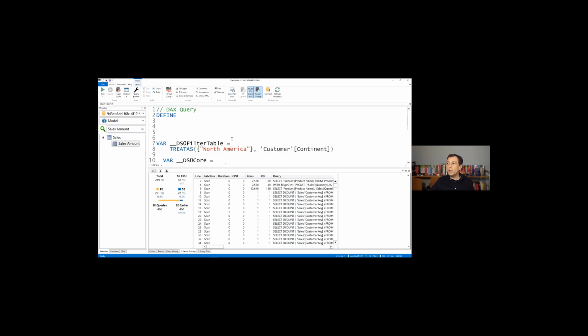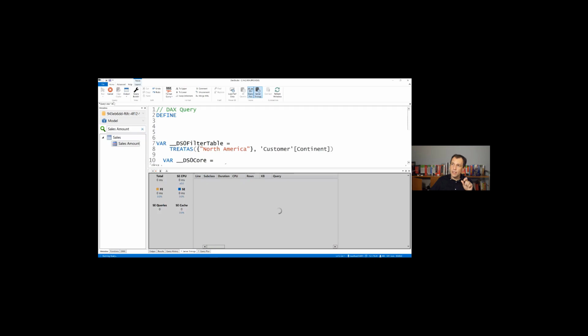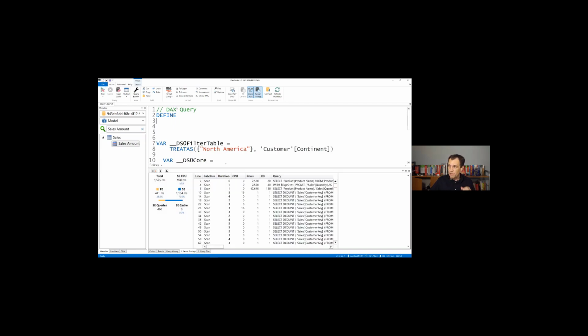However, when you test your code, you should do one thing. You should always test the code in the worst possible condition, which means I want to clear the cache and then run. I could do this manually. Clear the cache is a button that clears the storage engine cache, and simply run the code. But if I switch this mode in clear cache then run, every time I click this button or I press F5, I execute 2 operations. First, I clear the storage engine cache. Second, I execute the